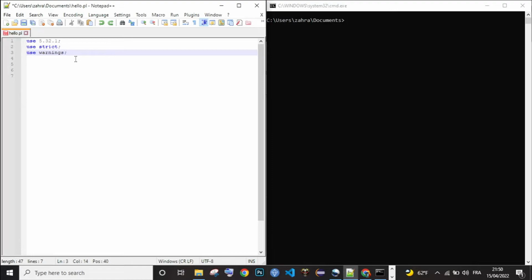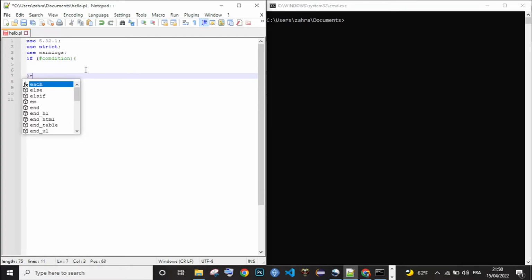Conditions in Perl are written in the following format: keyword if, the condition, and then the instructions. You could use else if and display your other conditions, or else in order to conclude a condition.